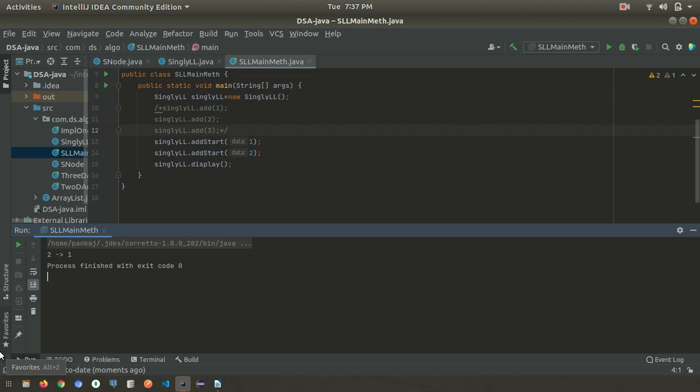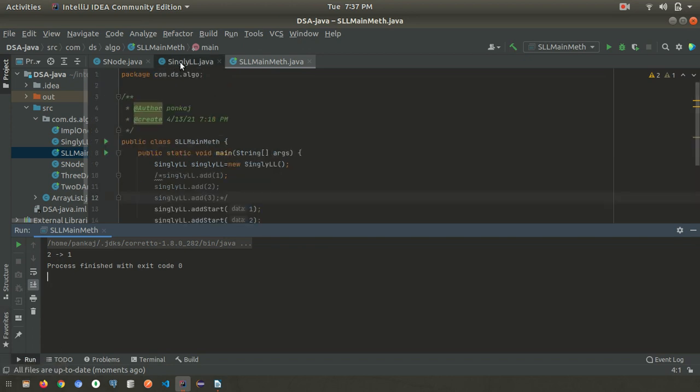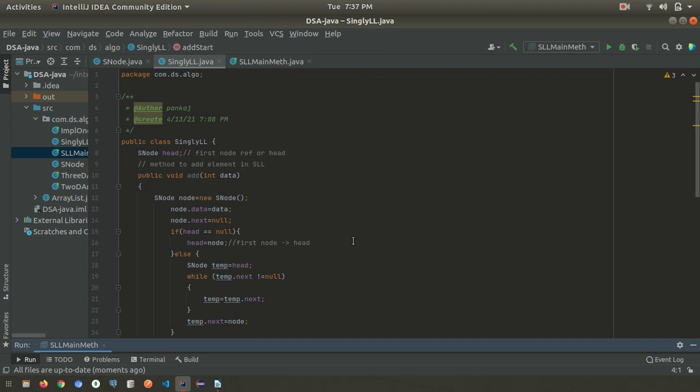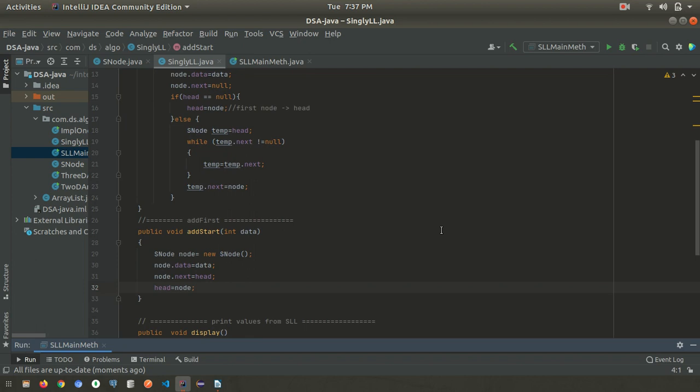And if you want to implement some other method, so total how many methods have we implemented? Come here and we can see, so add method will add the value at the last, and the next method is add first, so we can add the value in the single linked list at the beginning or the start.